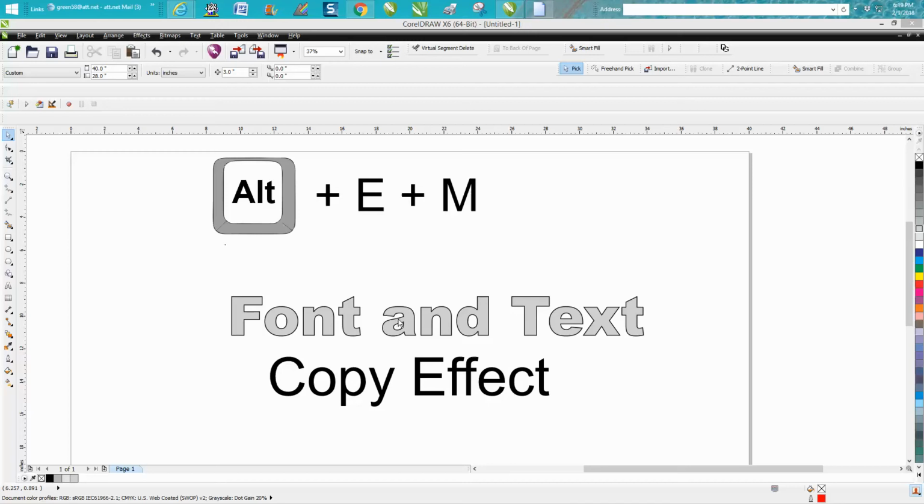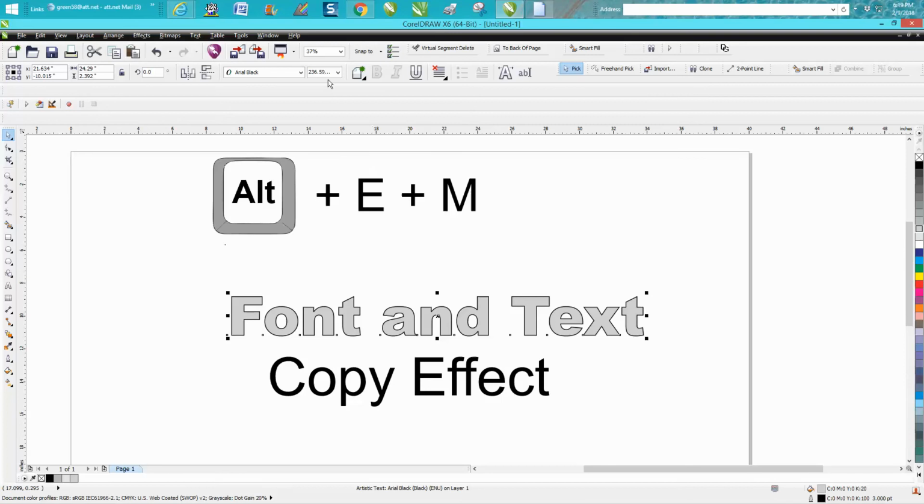I just made a video on how to copy outline, color, thickness, and fill, but it will also work for text. So if you worked on a text, and we're going to click on this text, and this text is 236.59. It's real big because of the video, but instead of having to go and copy that and make this text the same, this is Arial. This is Arial Black. This is just Arial. So if you had a whole sheet of text and you go, well, I want to